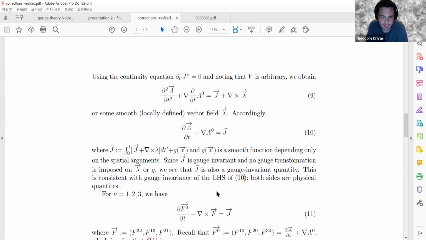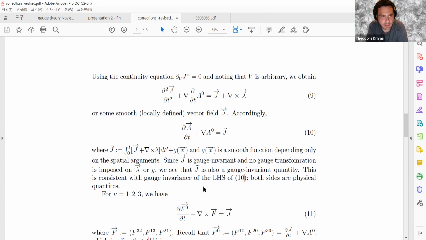I think the claim was that the J tilde in equation 10 is 0 if the external force is 0. Is that true or no? Yes. Right. Okay. So if that's true, the left-hand side is a linear equation, linear with respect to A. Yeah, exactly. And A is like V.